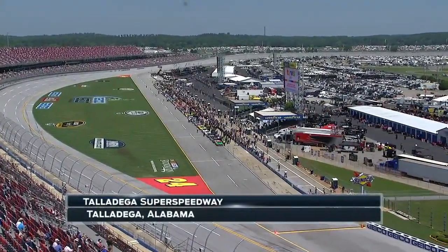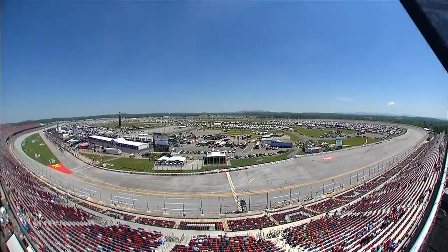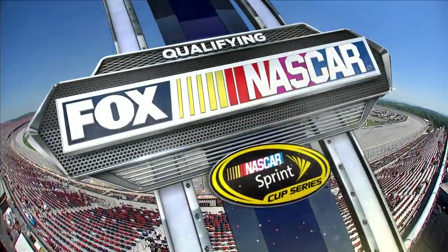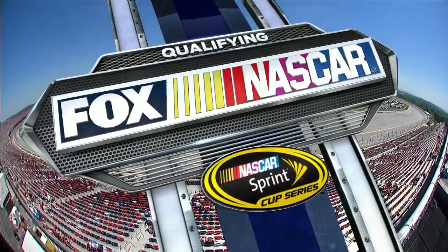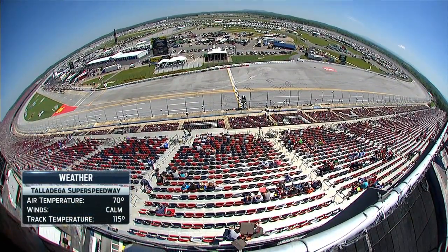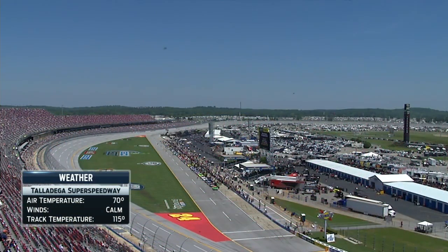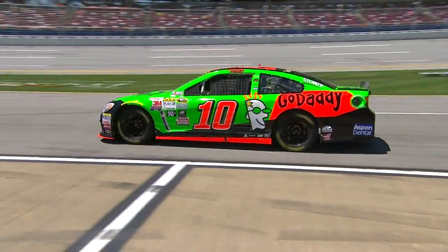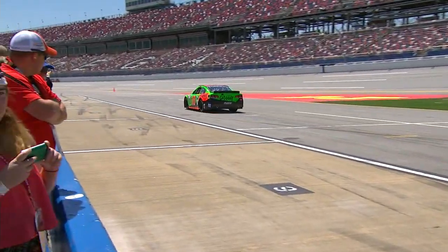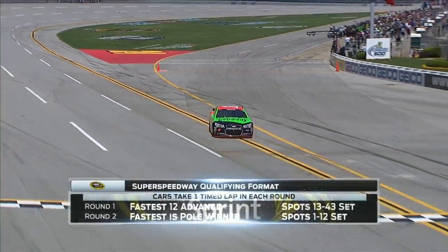Welcome to Talladega Super Speedway, 45 minutes east of Birmingham, an hour and a half west of Atlanta at legal speeds, where today we will qualify the NASCAR Sprint Cup Series cars for tomorrow's 500-mile race. It is a gorgeous day. Calm winds, bright sunny skies. Ambient 70 degrees, 115-degree track temperature as the first car rolls in